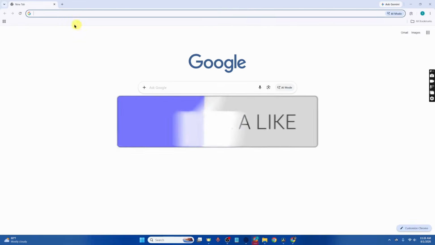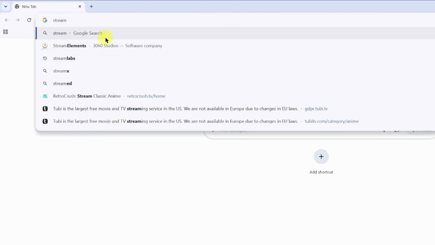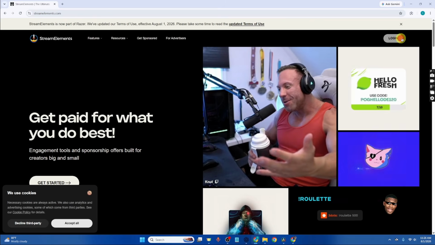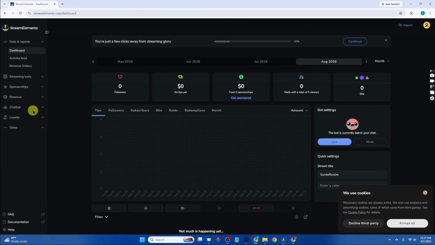To get started, just go ahead and open any browser to your liking, and then search for Stream Elements. Once you have searched for it, go to the official website and choose to log in, and then log in with your Twitch account. After logging in, on the left hand side, select the drop down for streaming tools,